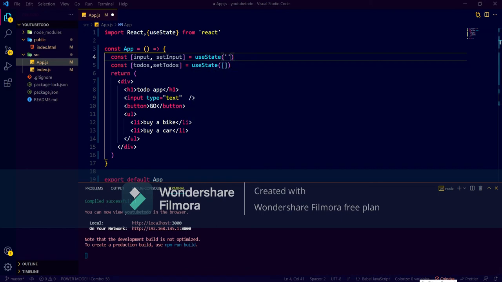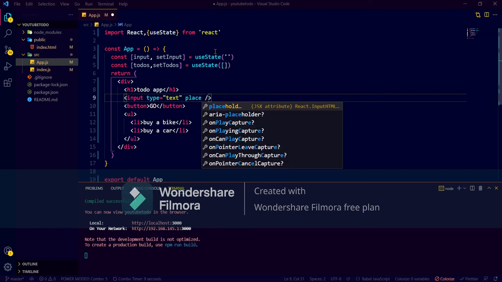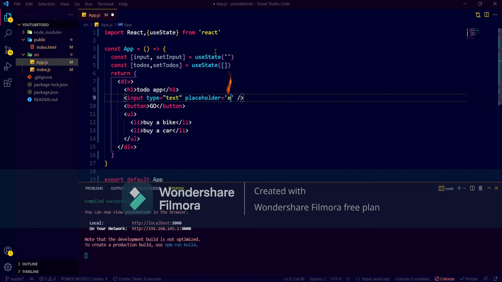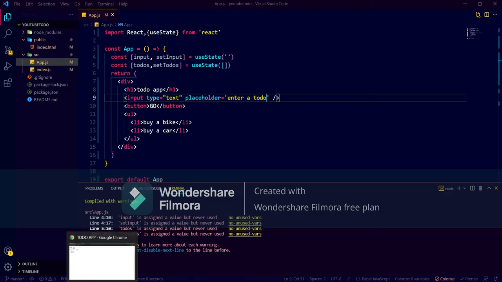So let's find what we have to do next. In the text field, we will first write a placeholder, and we will write here "enter a to do", and we will save it, and let's check in the browser how it appears.